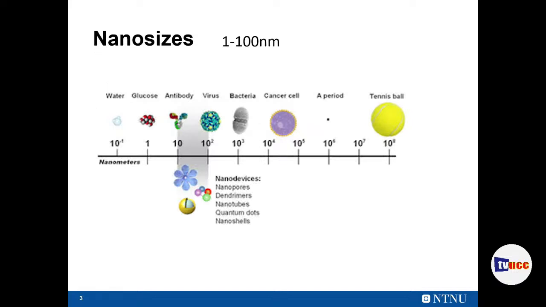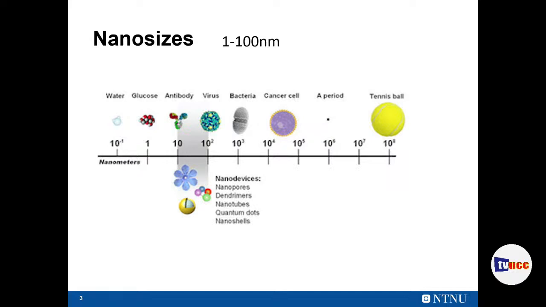range are we talking about when we're talking about nanotechnology and nanoparticles? Typically, it's from 1 up to 100, perhaps some 100 nanometers. And if we compare that with other known systems, if we start with a tennis ball, really large, and then just a period, typically a size of 1 million nanometers, a cancer cell, some 20 micrometers, bacteria, virus, 100 nanometers, and then here you have the range of where